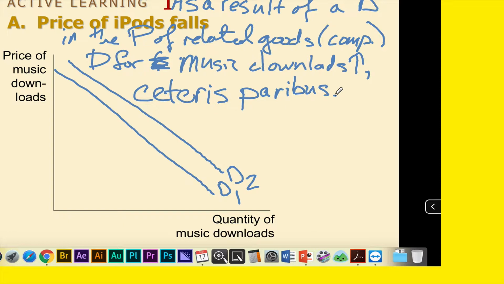Assuming that you didn't have to evacuate your home because of Hurricane Florence and don't have a Wi-Fi connection. Assuming that you didn't just lose your fingers in an unfortunate chemical lab spill in science class and can't operate a computer. So ceteris paribus, all other things remaining constant.